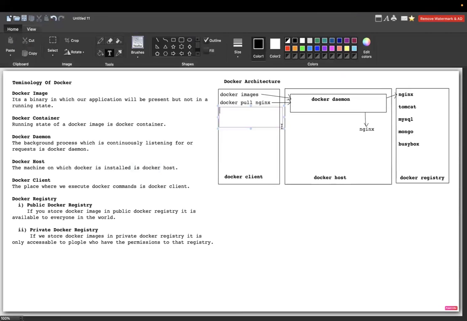Let me put it here. Okay, docker run --name=webapp -d nginx, where nginx is the image name, is the command I have executed. When I execute this command, it is listened to by this Docker daemon. Now the Docker daemon has understood this command, saying that he entered this command,